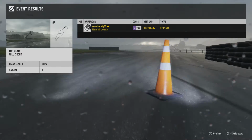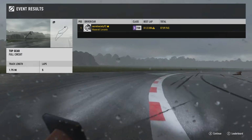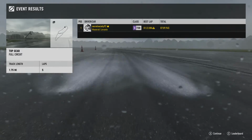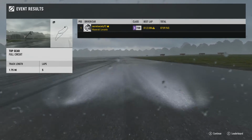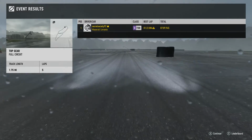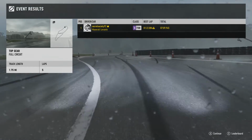Or at least if I was a better driver, you'd be looking at a better time than both of those two Porsches. But nonetheless, it is the quickest, and I'm not going to put a dampener on that, no matter how many problems it did have in certain laps. So yeah, we now have a new leader. Wasn't entirely expecting it, but it was bound to happen eventually because that Cayenne has been there for such a long time,